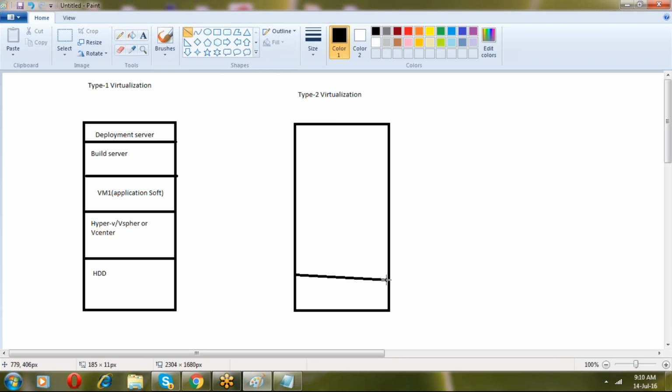So here we have a hard disk, and then here we have an operating system, and on top of the operating system we'll use vSphere or vCenter, and from there we'll create n number of virtual machines.